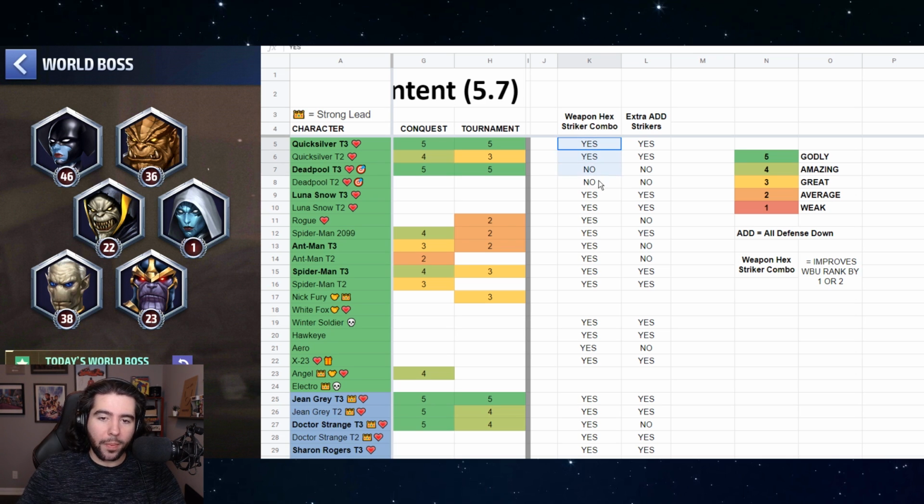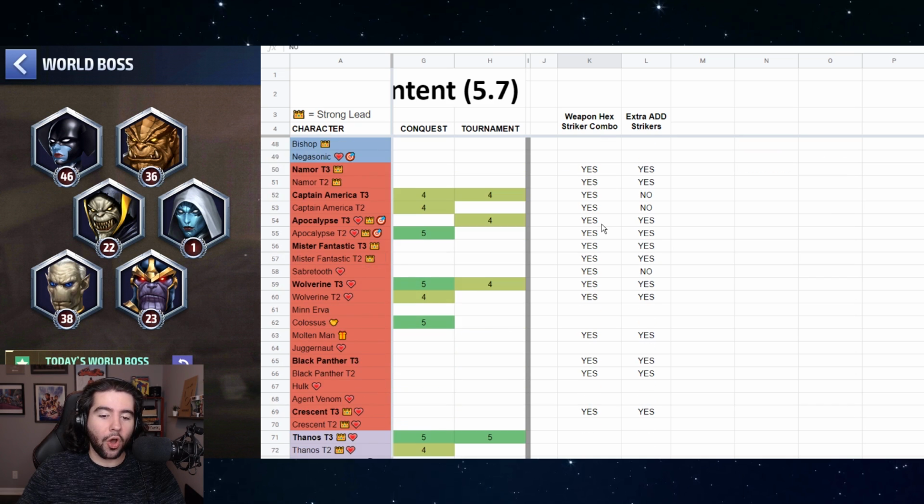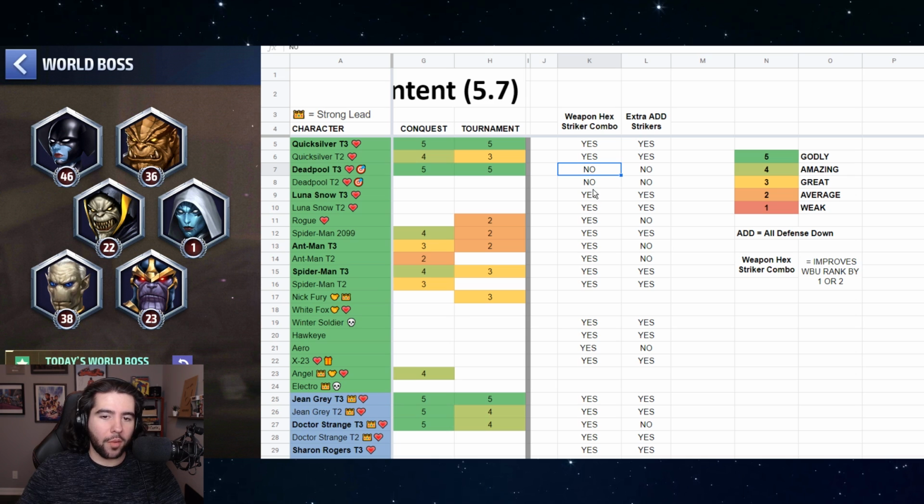But the Weapon Hex Striker combo is listed as either yes, meaning you should use it, or no, meaning you should not use it. For the most part, most characters are a yes. Very, very few characters are a no. I think actually Deadpool is the only one that I put as a no thus far, because he yeets the bosses by himself. But then the other really important thing to consider, so this means use Weapon Hex as a striker. This means, are you adding